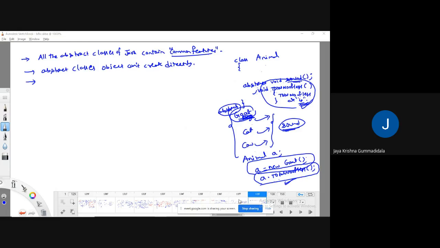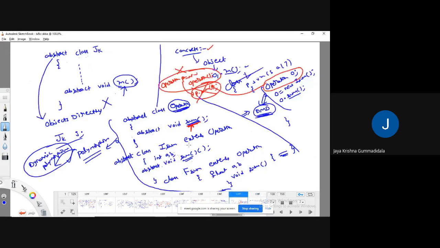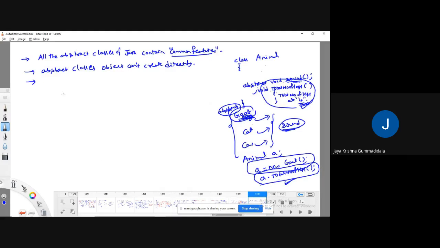Every abstract class must and should participate in the inheritance process. Otherwise, we'll get an error. So every abstract class must participate in inheritance.